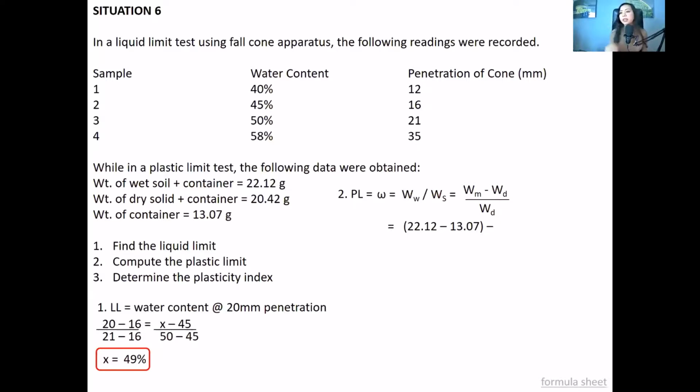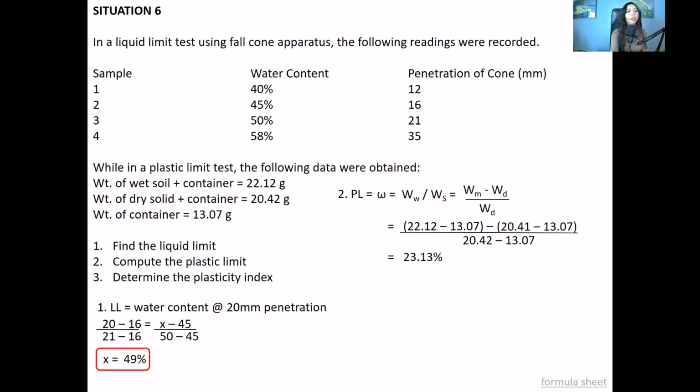Then, pagdating naman sa dry, I'll do the same thing, but this time, ang gagamitin ko ay yung 20.42. I have a typo, I'm sorry. This should have been 42. So, 20.42 minus 13.07. And of course, yung denominator ko is just the same. 20.42 minus 13.07. Okay? Solving for plastic limit, we have,